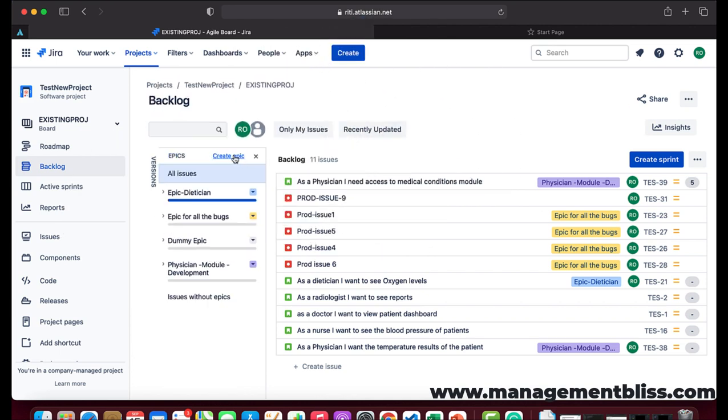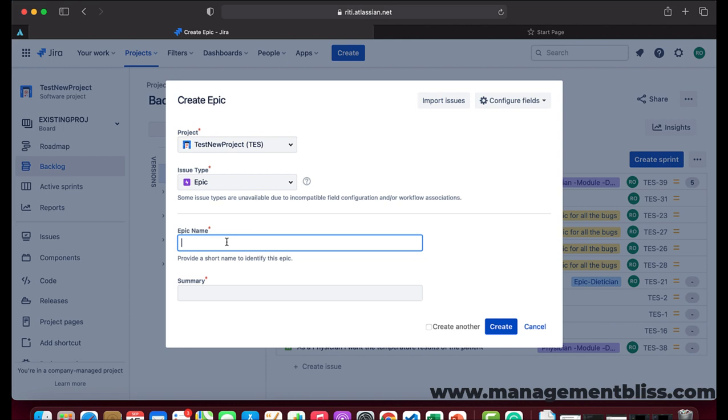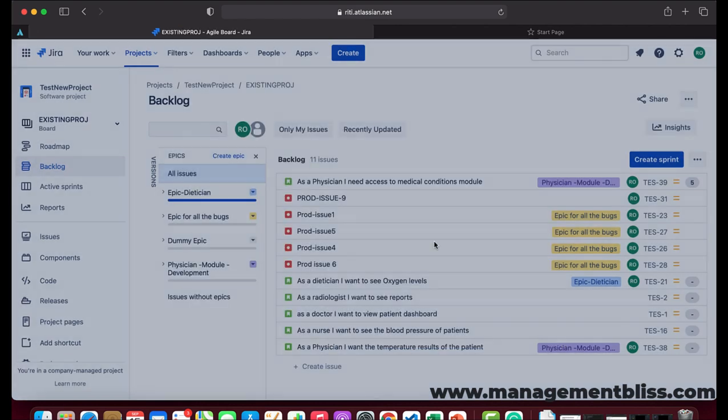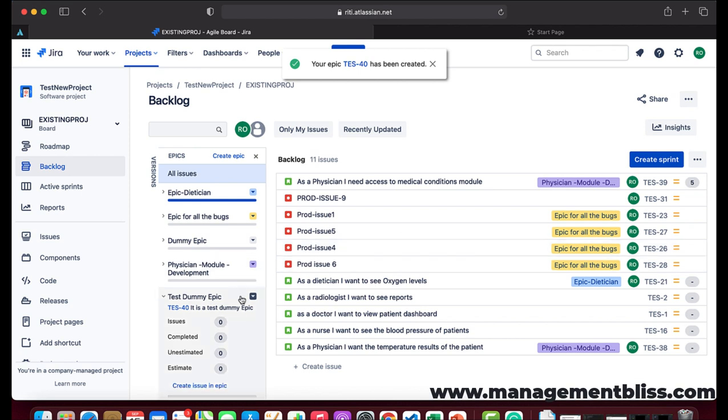We can also create an epic from this create epic link. Let's go ahead, and I just want to give it a name, test dummy epic, and I want to create it, and we can see that it's so quick and easy to create an epic here.